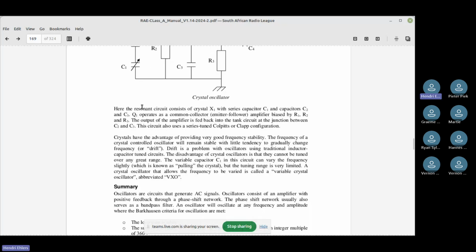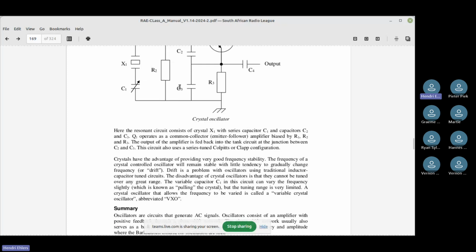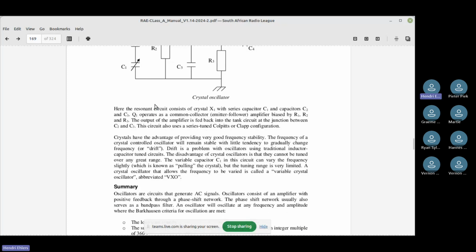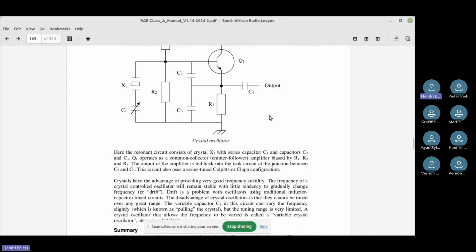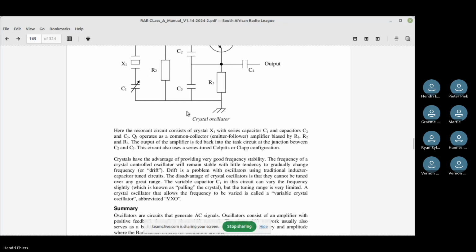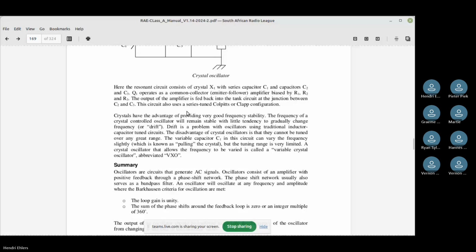Once again, they're going to go into an explanation here to explain what each and every part of the circuit does. We don't need to know that. We must just know that it exists. And we need to know how to identify the crystal oscillator. Well, if you see the crystal in the circuit, then it gives itself away. It's a crystal oscillator. If you see that center tap one, you know which one that is. And then the other one with neither one of the two would be the Colpitts oscillator.